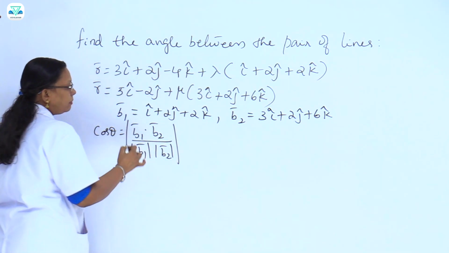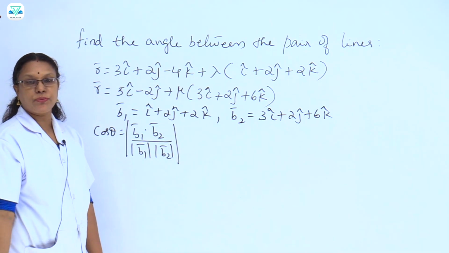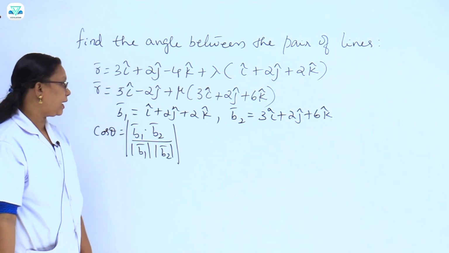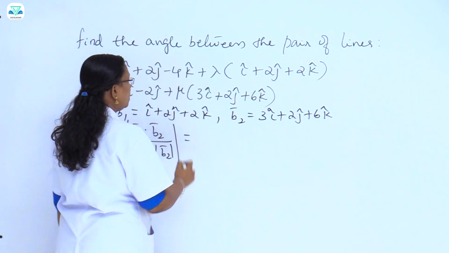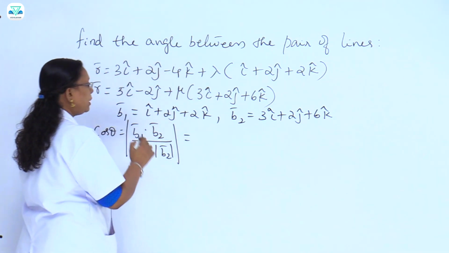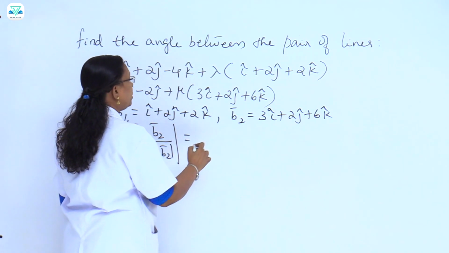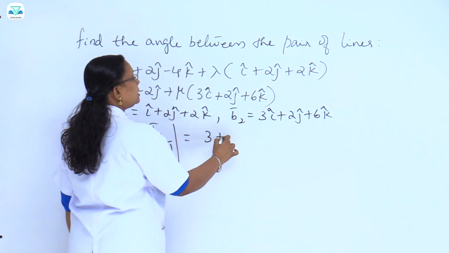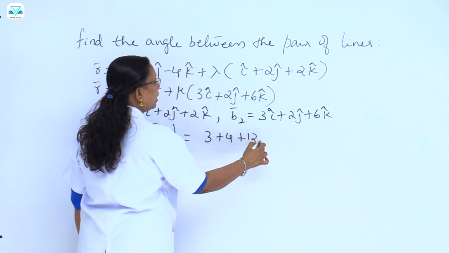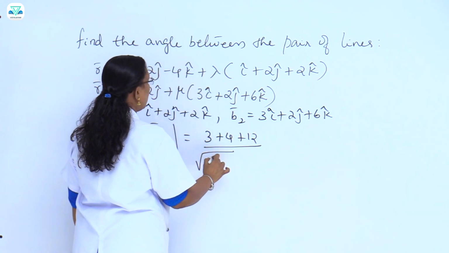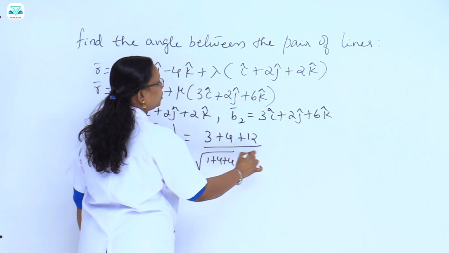We take the absolute value, positive, taking theta as the acute angle. So, B1 dot B2 is 3 plus 4 plus 12, by root of 1 plus 4 plus 4 into root of